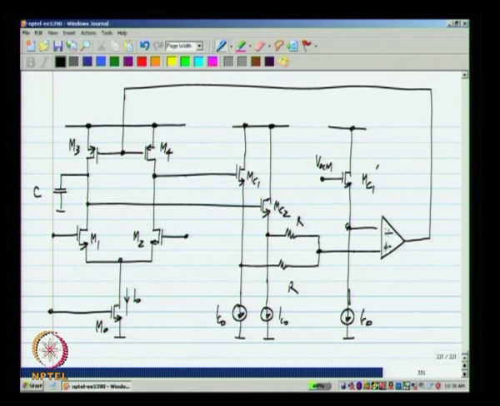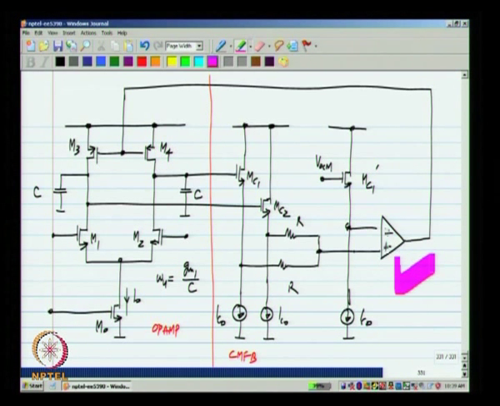Whatever load capacitance you have here will be the integrating capacitance, and so it is this part of it that is the op amp, and this is the common mode feedback. Okay. And this implements a fully differential single stage op amp with a unity gain omega u equal to GM1 by C and a DC gain, which is the GM of this transistor divided by the sum of GDS of these two transistors. Okay.